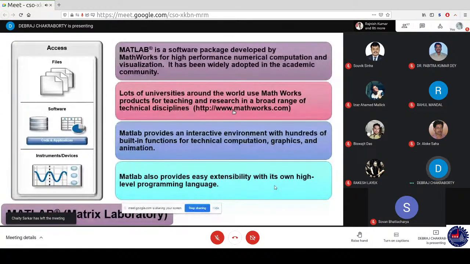earlier, by which we can get different types of application domains, where in one part the user data can be imported to the software, and in another part the instruments are present to get the processed data flow. And that is the actual syntactical, MATLAB-oriented task as it has been written here. You can see MATLAB also provides processed data easy extensibility, which is its own, and that is the part which has been studied here, written here,